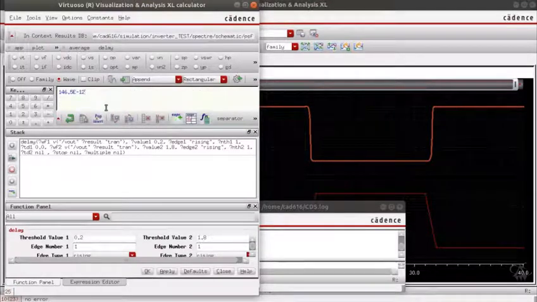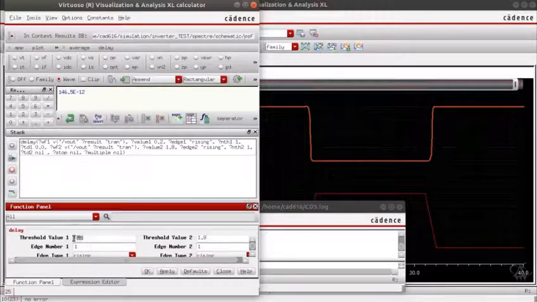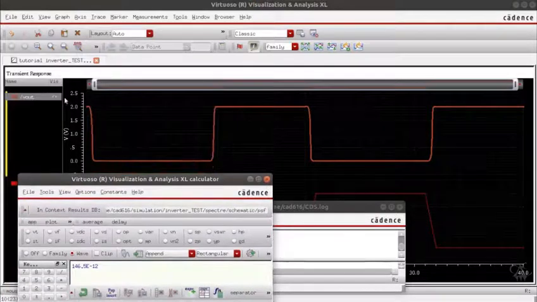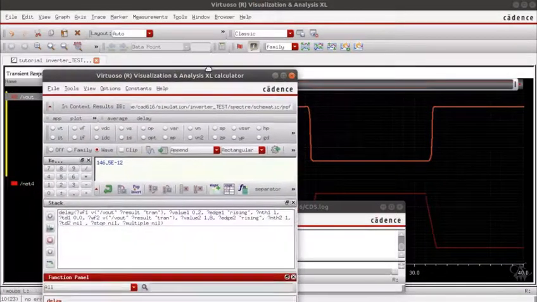So as you can see, the propagation delay from low to high is 146.5 picoseconds. So let us calculate the propagation delay from high to low, that is 90% of VDD to 10% of VDD, and this is falling edge number 2.